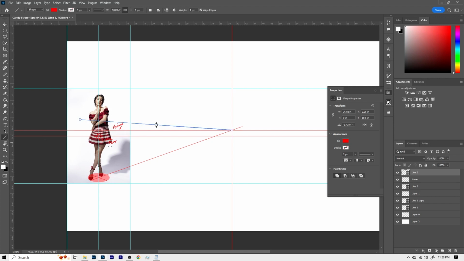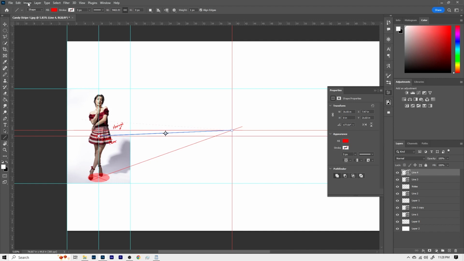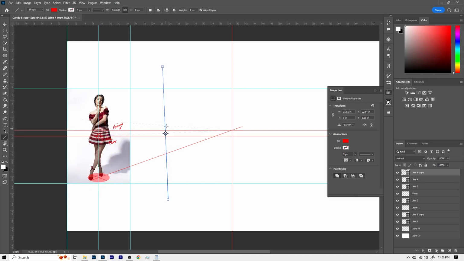But to see the mechanics of the camera, let's take our line tool and let's pull one from here to our center point. That's where the camera's pointing. And we can take that line and we can duplicate it. And if we rotate it 90 degrees, it is at 92.49 degrees. So that means that this other line is 177.51 degrees.